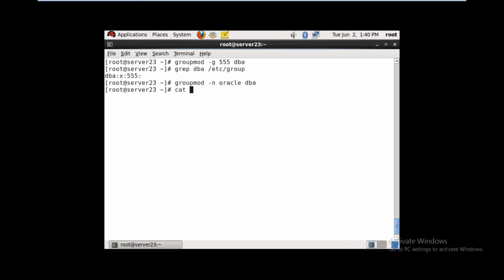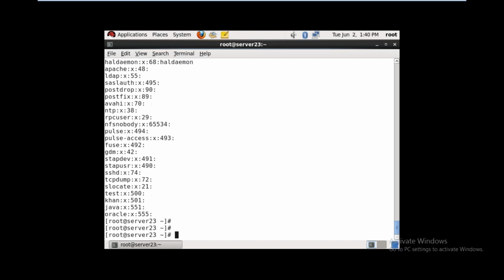You can check the modified information in the /etc/group file with cat /etc/group. So the group name is modified from DBA to Oracle, and the group ID is modified from 550 to 555. Like that you can modify the group name and group ID.